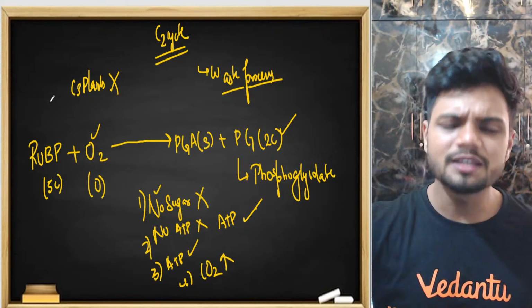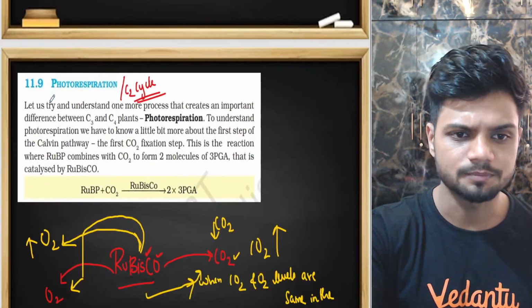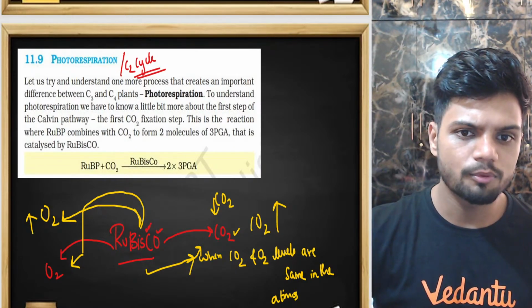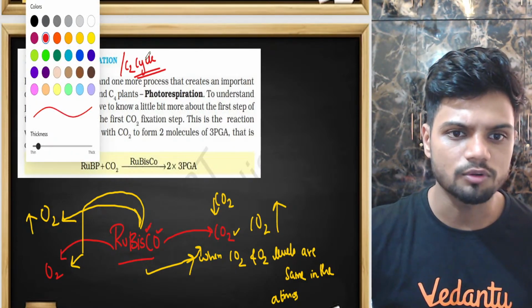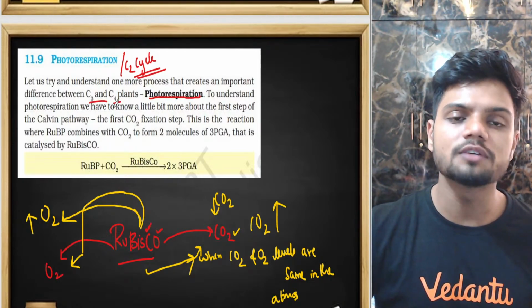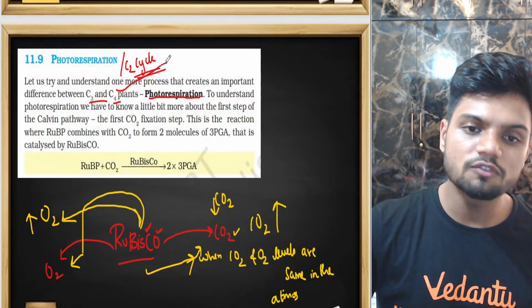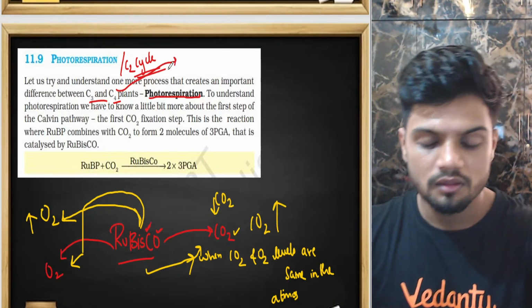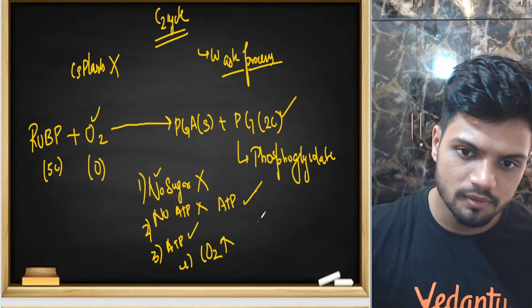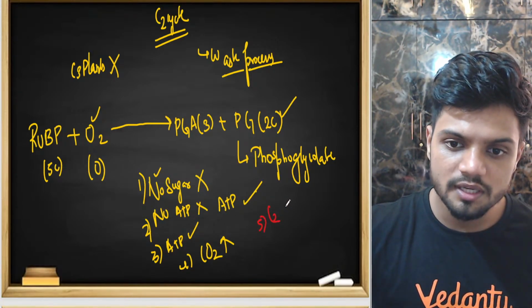Now, let's see what is given in NCERT. Let us try to understand one more process that creates a difference between C3 and C4. That is photorespiration. Again, photorespiration is a difference between C3 and C4. Why is there a difference? Because in C4 plants, this particular reaction, the fifth point here, the C2 cycle,